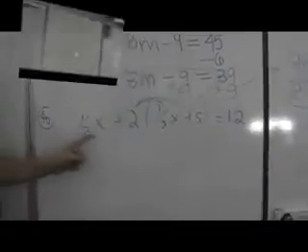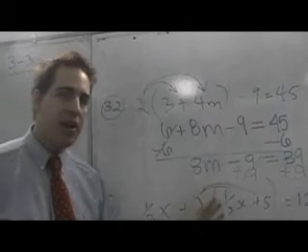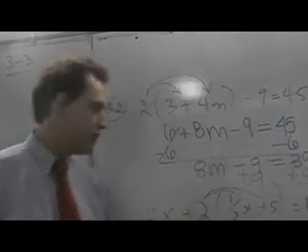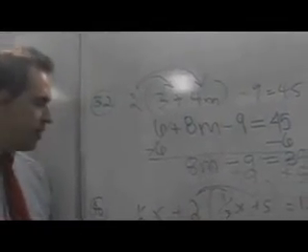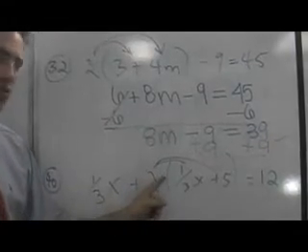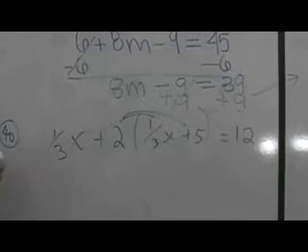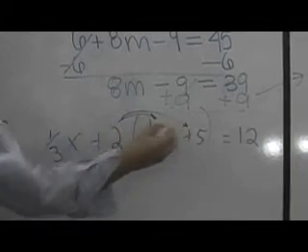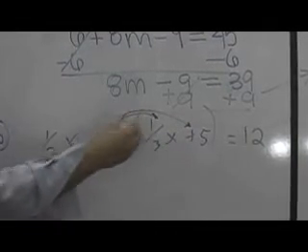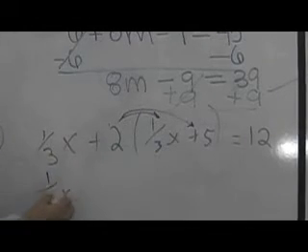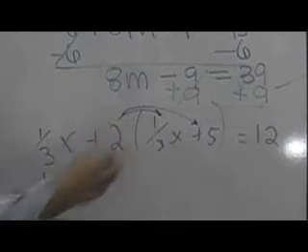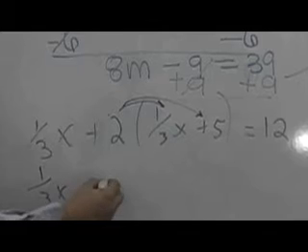It's actually a little tricky because of all the fractions, but it's not that hard. You can do it if you stick with your principles. 1/3 x plus 2, and the 2 gets distributed onto the 1/3 x plus 5 equals 12. When we say distribute, we make sure that we multiply the fraction 2 times 1/3 x. So we've got 1/3 x, I'm rewriting that. 2 times 1/3 is equal to